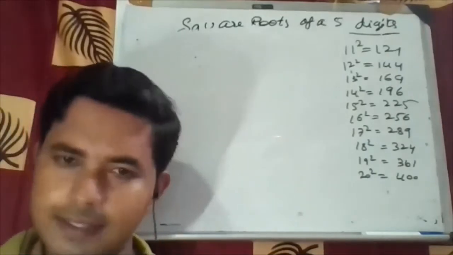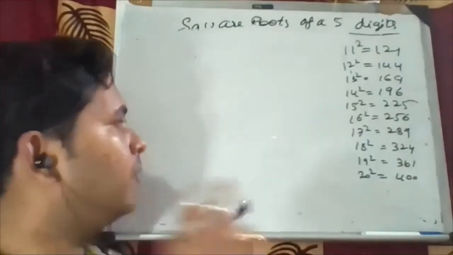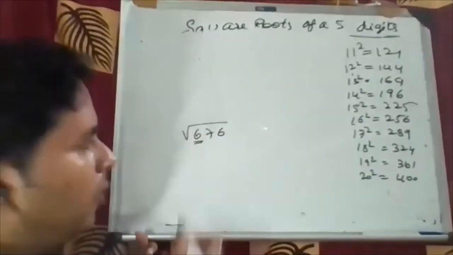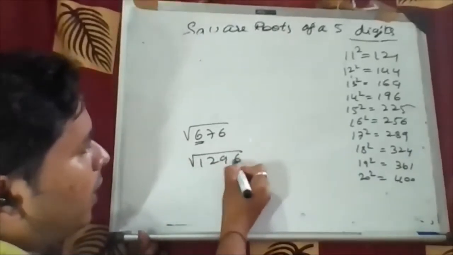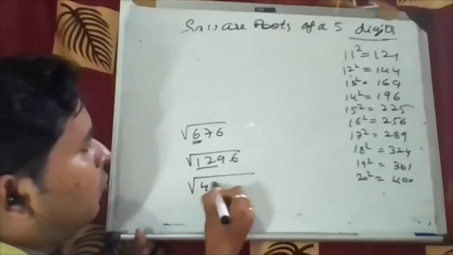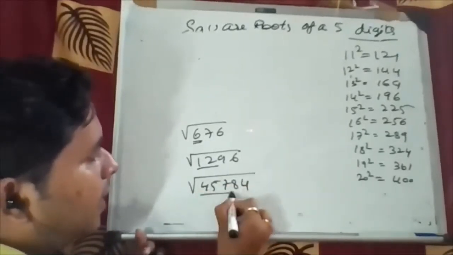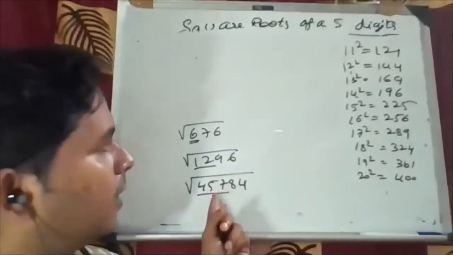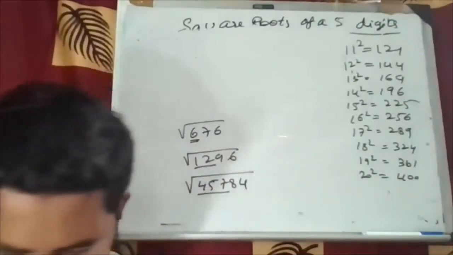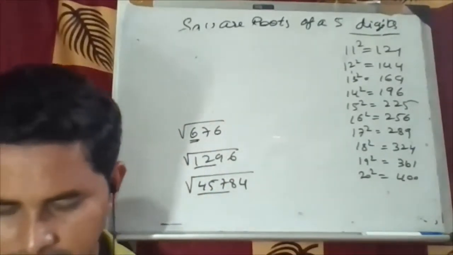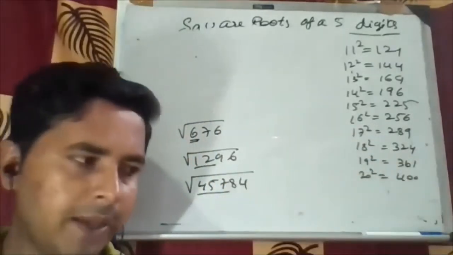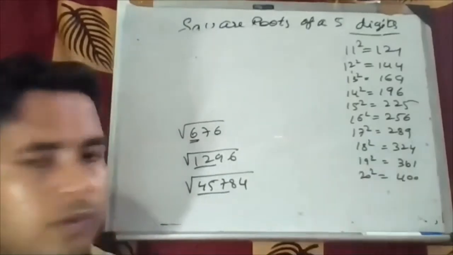So I'll use the same method again. Previously, in the 2-digit case we took the first number, and in the 4-digit case we took the starting two numbers. Now for a 5-digit number, take the starting 3 digits, because these 3 digits will lie up to around 300, so at least remember up to 20.